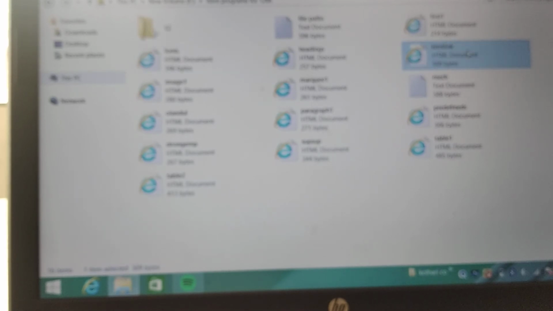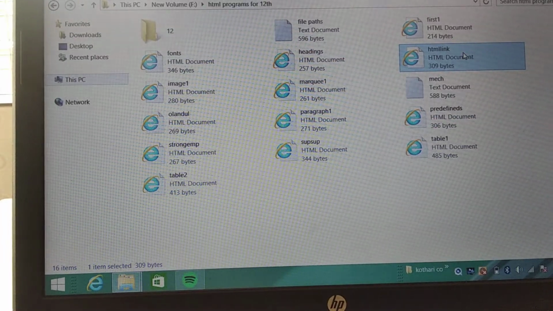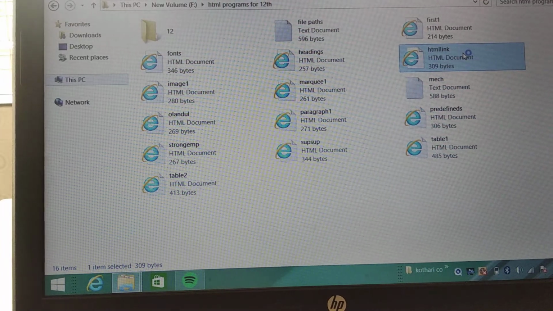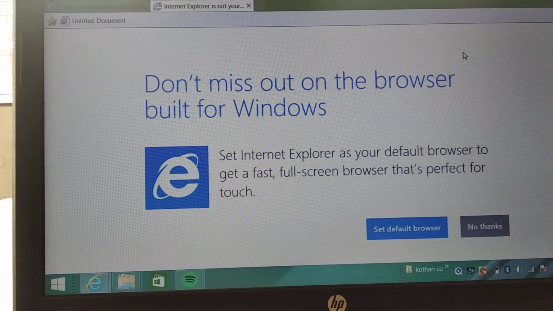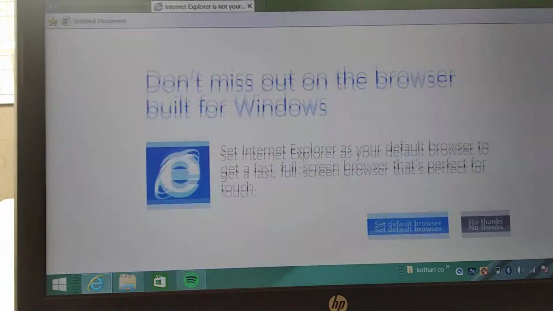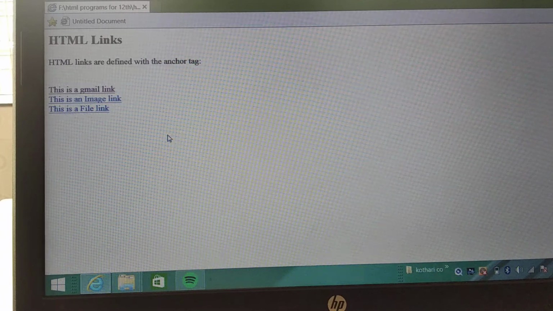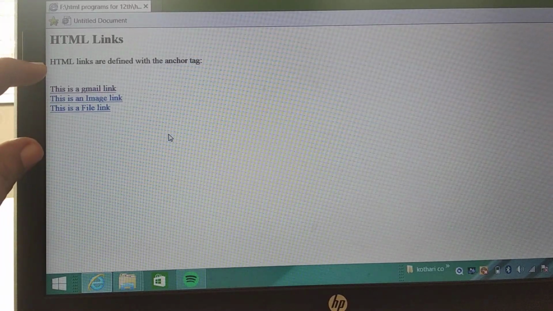You are already aware of the coding part, and after that if I double click over that, what will be the output? This is an extra file because my internet is on. Just see the output of that file.